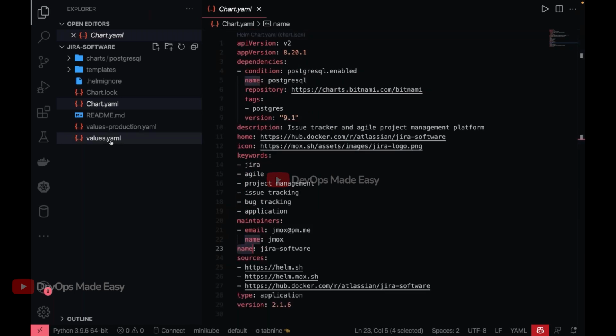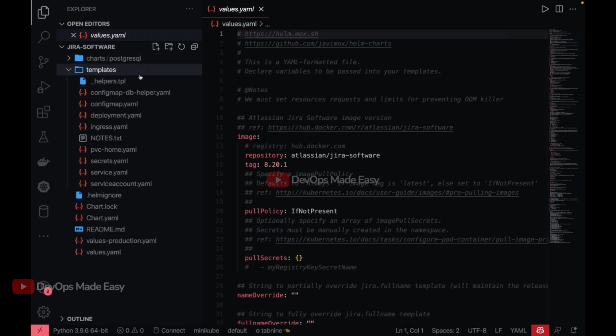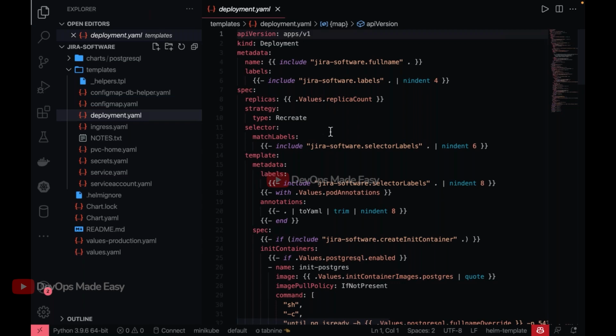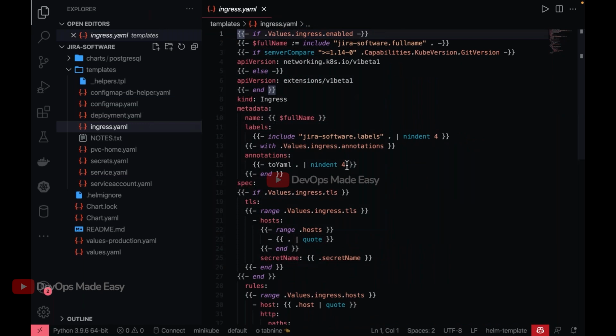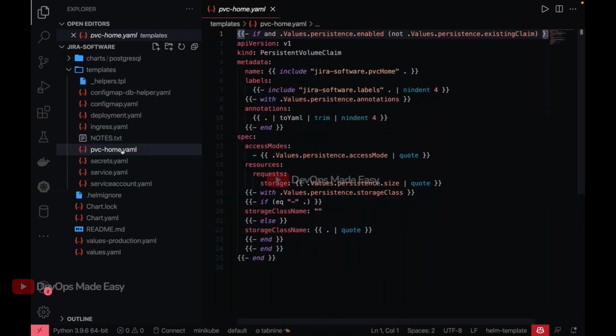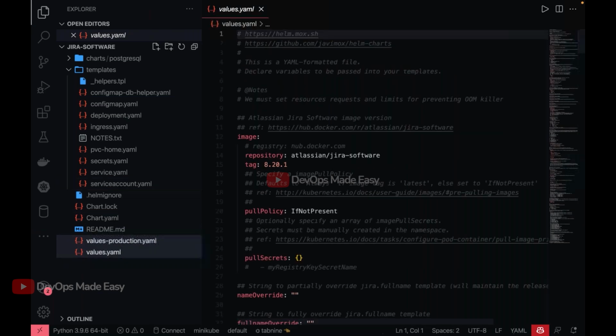Okay, then we'll go to the values.yaml file to see various values. But before going to values, we'll see what are the various objects present for the Jira software. We have the config map, and then we have the deployment, which is the Jira deployment, and then there is an ingress file. That means we also have an option to integrate these ingress rules with an ingress controller. We'll see how to download and install an ingress controller, which is a traffic ingress controller, and then PVC, secret, service, and service account. So let us now go to the values.yaml file and see if we can modify anything in this file.